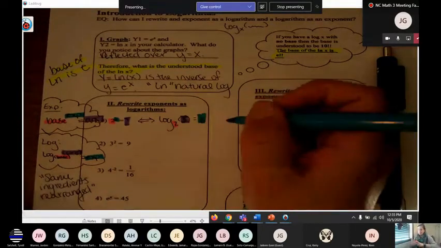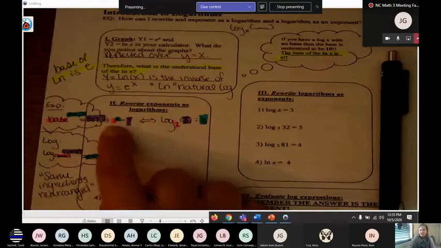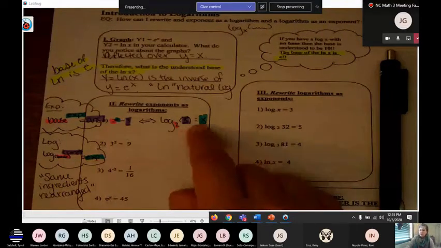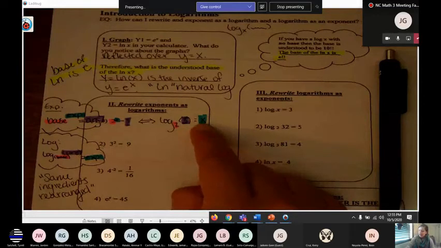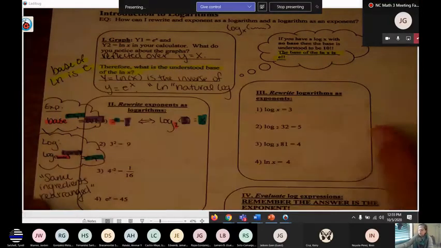Okay, now do you guys see how convenient this is? Instead of having to ask the question, 2 to what power gives me 3? Now I have an equation where x is isolated, and I can type this into my calculator to figure out what that value is. So if you're using Desmos,